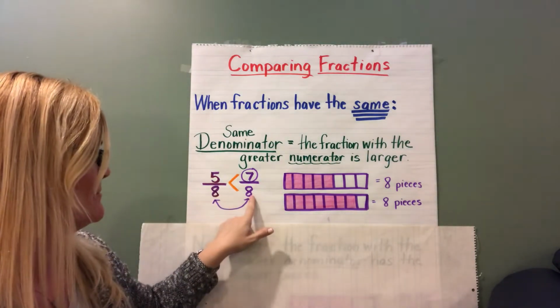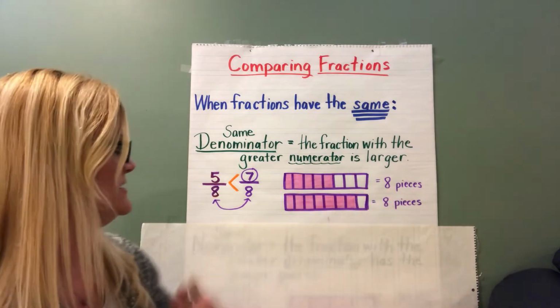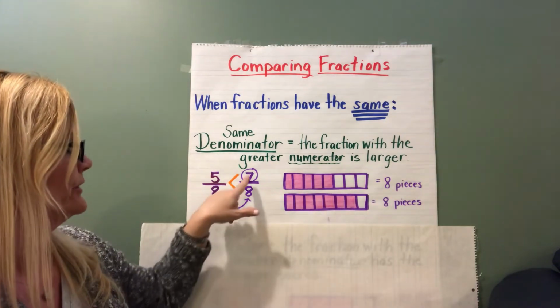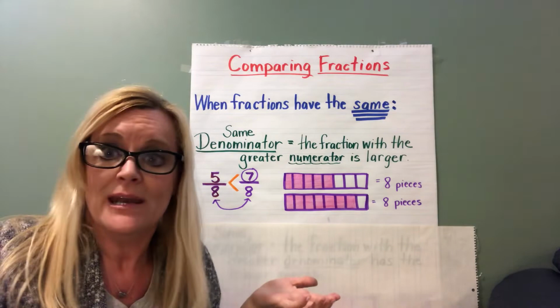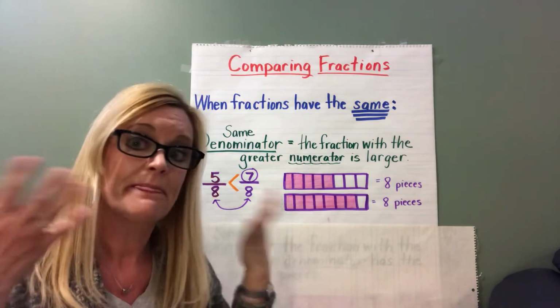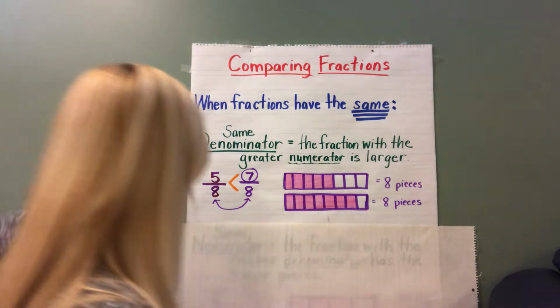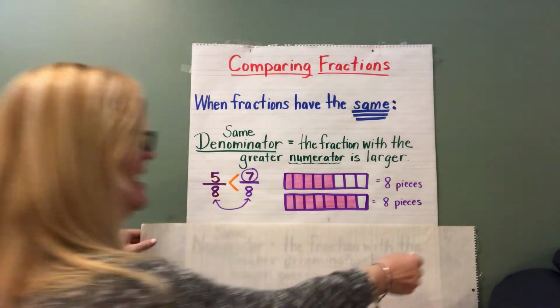All right, same denominator, same equal amount of pieces. You look at the numerator because the numerator tells us how many pieces. You just pick the one that has the bigger amount. Okay, now when we look at,